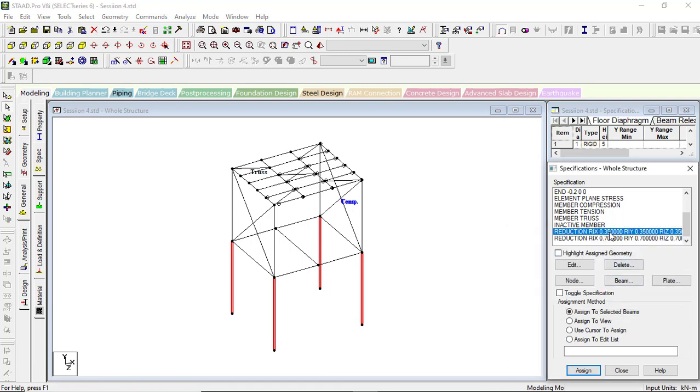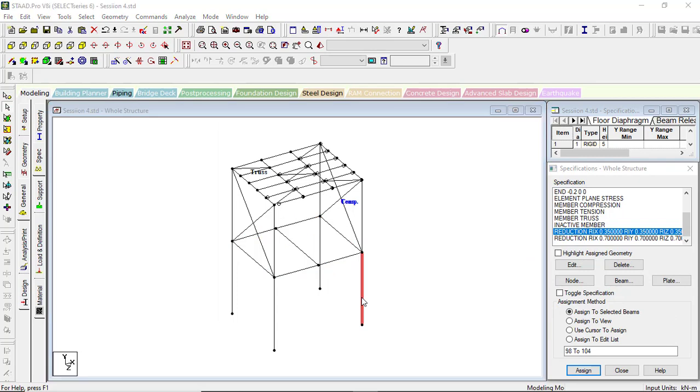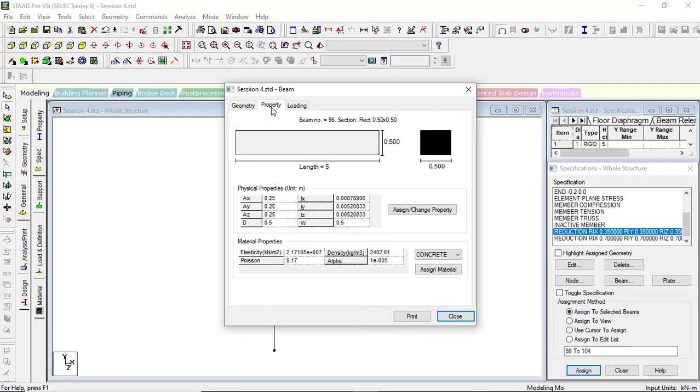Same way for beams. Assign to selected beams. Click on assign, yes. So this is how you can assign those properties, and you can see those multiplications are assigned over here, right? 0.25, 0.25. All right, and so this is how you can assign the property reduction factor to your beams and columns.